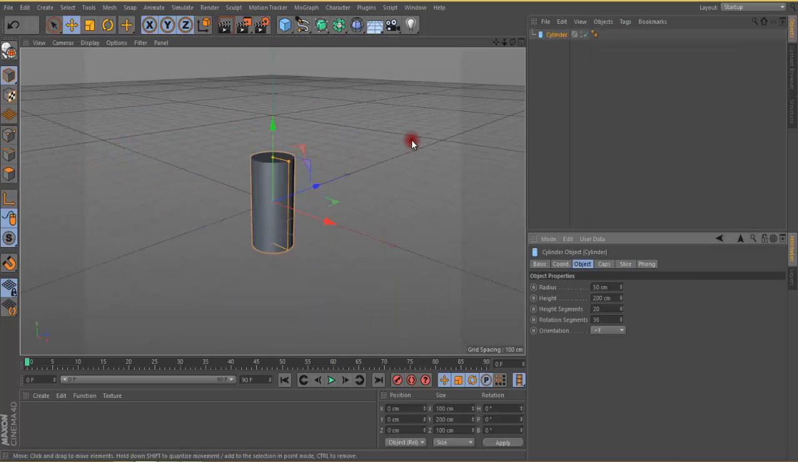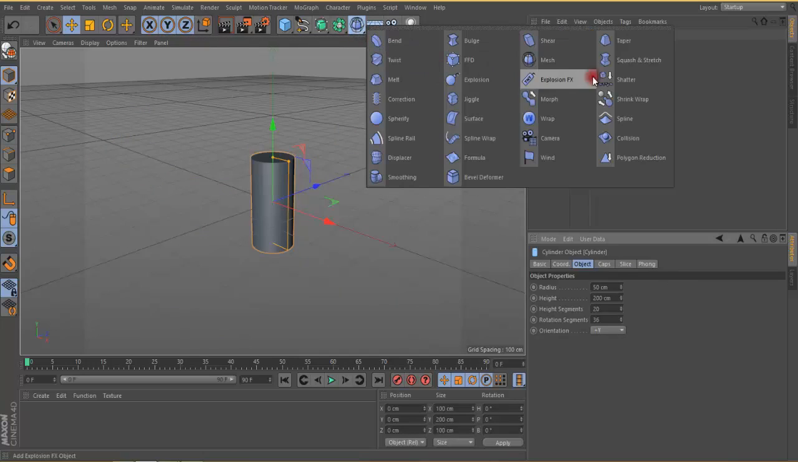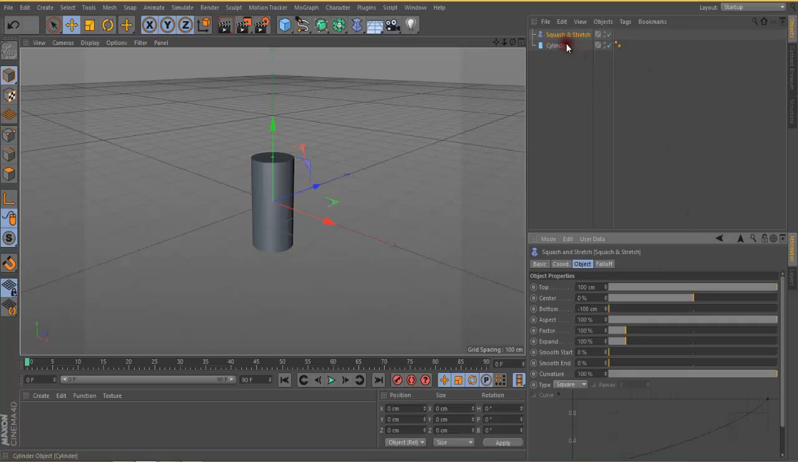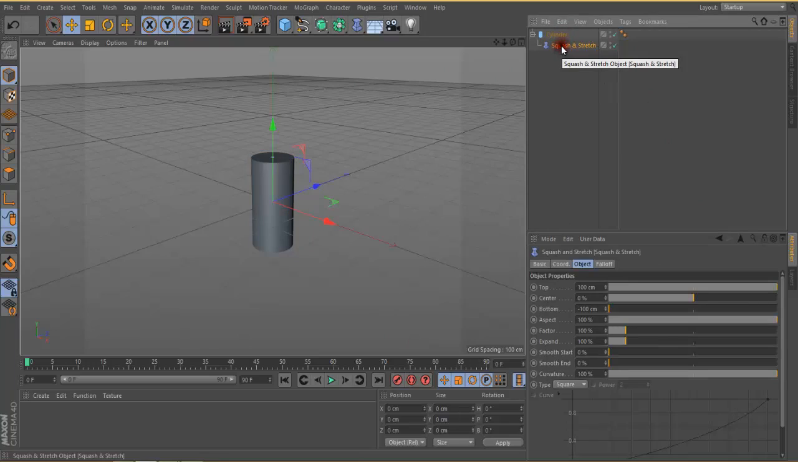Next deformer is squash and stretch. I click on this squash and stretch. I drag this on the cylinder. Okay, inside this option, I can change the